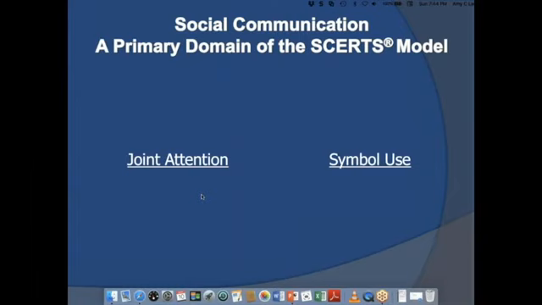And then the other side that we assess within SCERTS is symbol use, which is how they're communicating. So that gets to that language level that we were just talking about. Are they pre-symbolic, so they're using all nonverbal? Are they using some early symbols to communicate, again, could be spoken or augmentative in some way? Or are they much more complex? So that's the symbol use piece. We also talk about play and social conventions. But our curriculum identifies a scope and sequence of goals that we assess where a child is. So we actually use our curriculum to assess developmentally where a student is, and then we select our goals and objectives right off that curriculum for the next step.